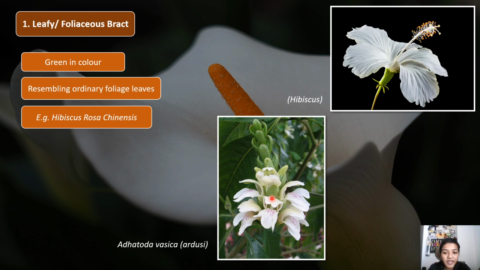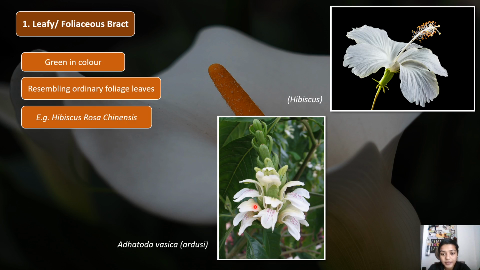Whenever I'll be talking about bract, you will encounter the term inflorescence, and you can recall the various kinds of inflorescence that I had made you understand in the previous lectures, right? So this is a spike inflorescence, right? And this green structure that you see is the foliaceous bract or leafy bract. These green structures are the leafy bracts, and these white structures that you see are obviously the flowers of the